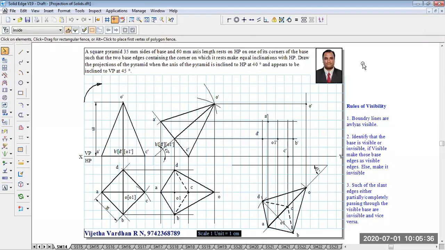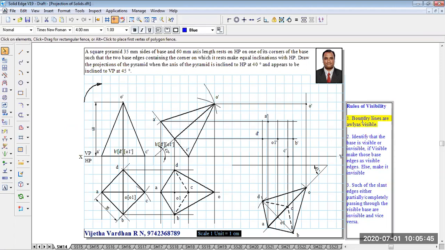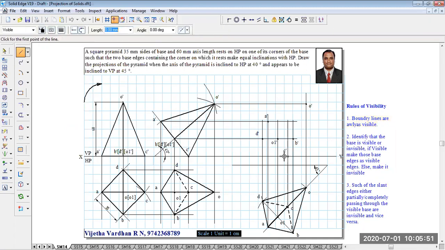Yes, now you can see that I have completed the annotation, representing the respective corners as shown in the figure. According to the rules of visibility, we first complete the boundary lines. Using your HB pencils, start completing the boundary. Take the corner D dash, followed by A dash, then O dash. Here you may have a confusion whether it is B dash or C dash. Pass your scale through both the corners. You can see that B dash is slightly inside, hence C dash is the boundary, and then complete it to D dash. Now the boundary is completed.